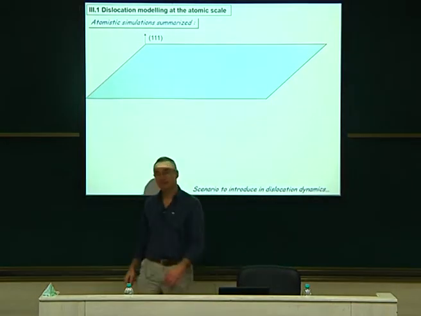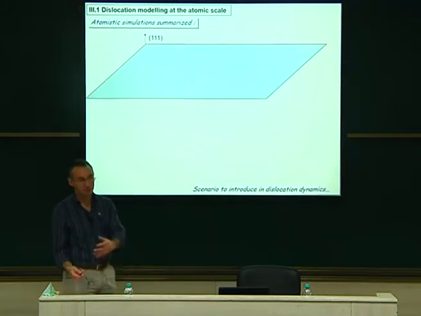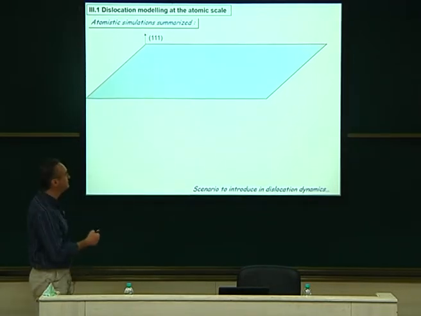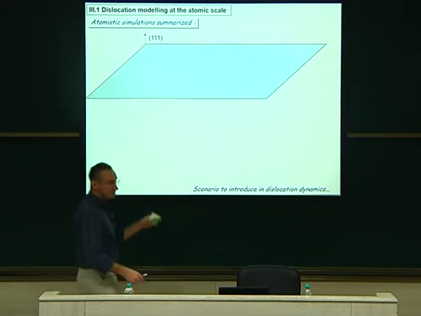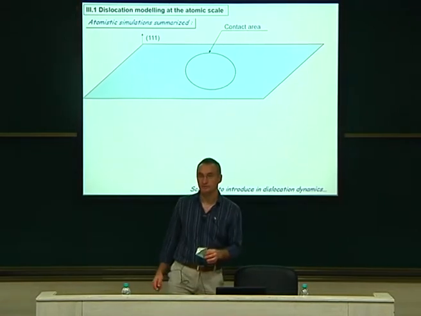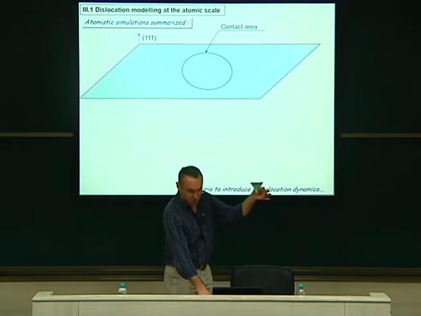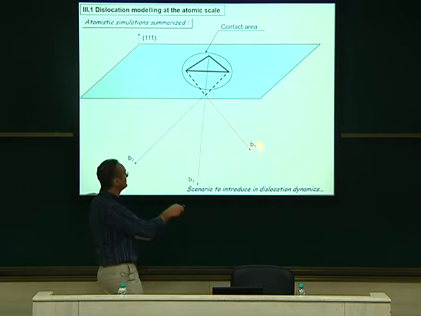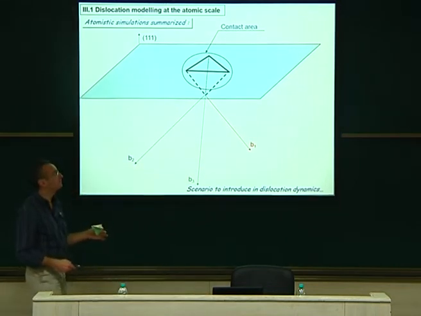Now the summary of that. If I want to use this data in DD simulations, and I will show you this tomorrow in my DD simulation where I couple DD to FEM to do nanoindentation, I need first to explain the boundary conditions. So this is tomorrow. This is the scenario learned out of MD simulation. If you take your 1-1-1 orientation, and plot the contact area with your spherical indentor, it looks like that. You put your Thompson tetrahedron like this. Out of it, you can build the Burgers vectors B1, B2, and B3. These are my three Burgers vectors.